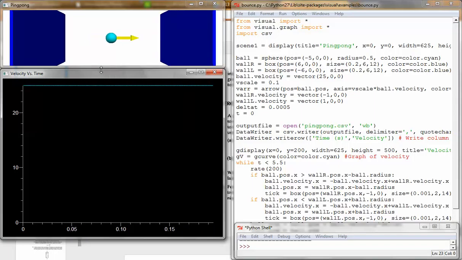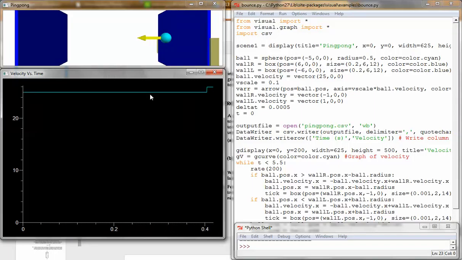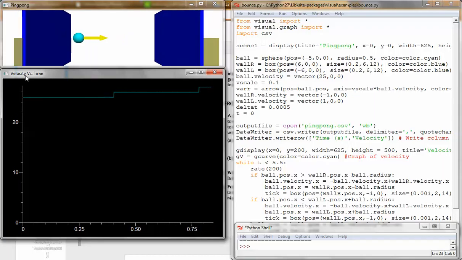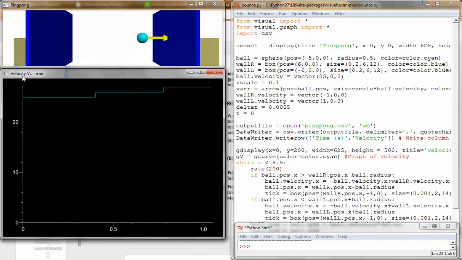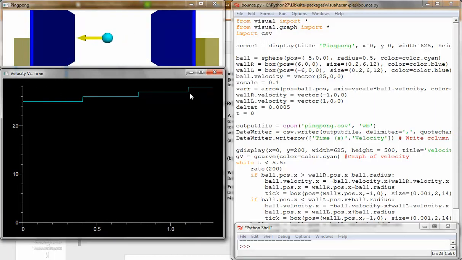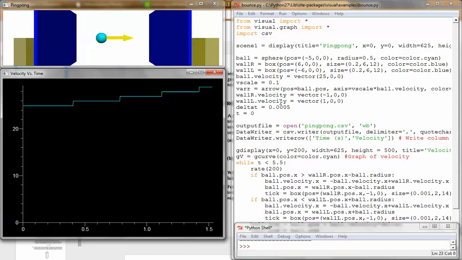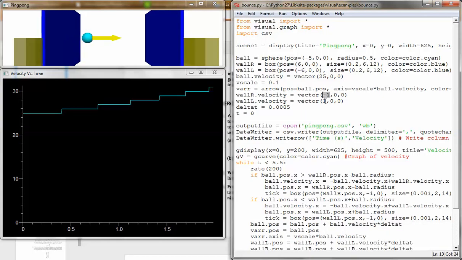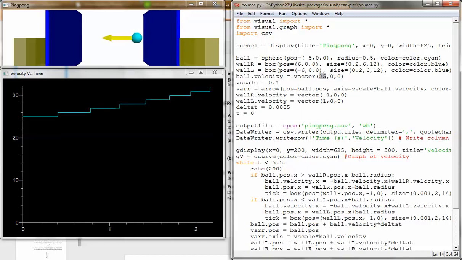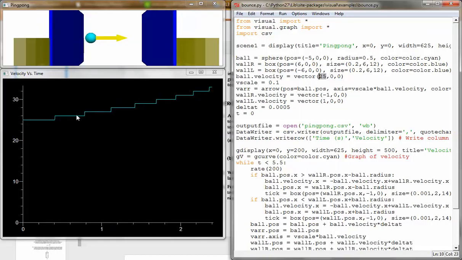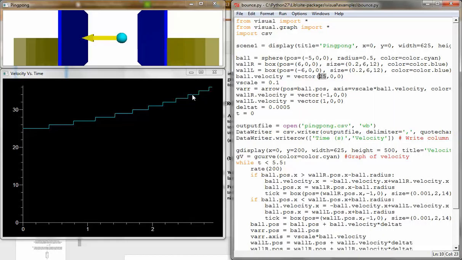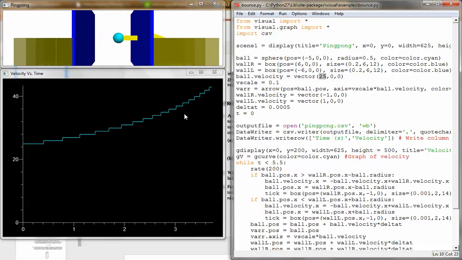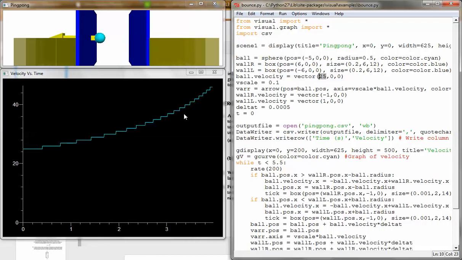Alright, so we've got a particle moving, then it hits the wall, and I have it graphing the velocity. This is the magnitude of the velocity, so it's only going to be a positive version. And what we've got is it kind of gets a velocity bump. The walls are moving at 1 meter per second, as you can see here, and the initial velocity of the ball starts off at 25, and then it just gets bumped up every single time it hits the wall. There we go. To me, this looks exponential, but I can't really tell